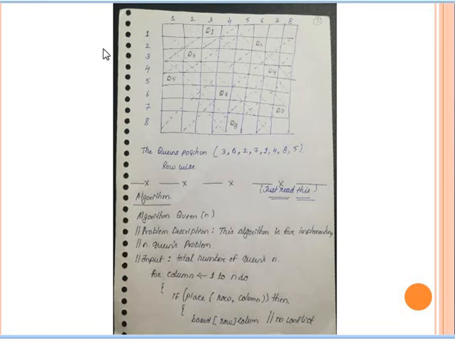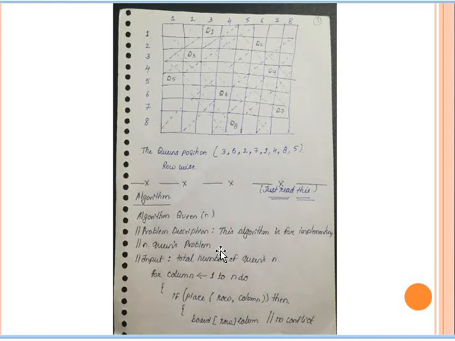After repositioning the queens, we got the queens' positions like this. The first queen is placed at the 3rd place, next queen at 6, next is 2, next is 7, next is 1, next is 4, next is 5, and the last one is 5. So this is the solution for the 8 queens problem if we are using the row wise approach. So this is the algorithm for the queens problem.